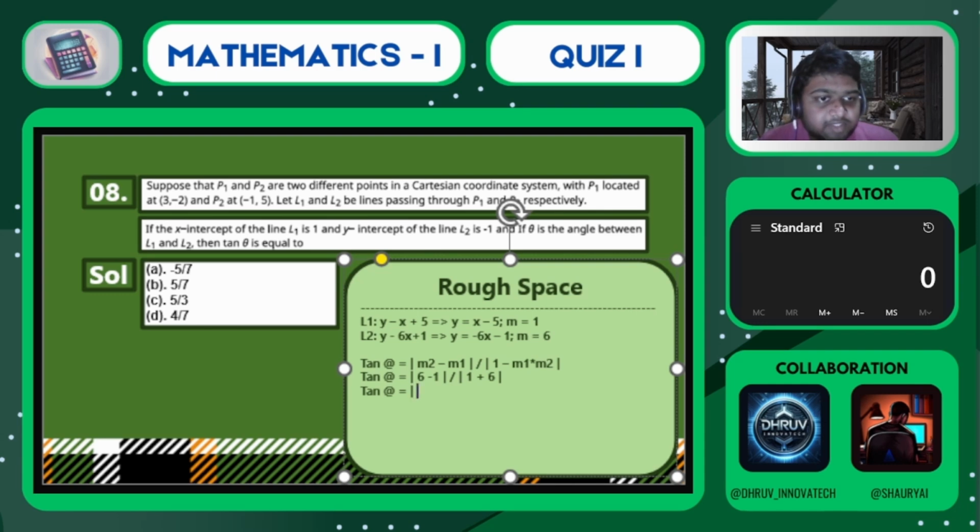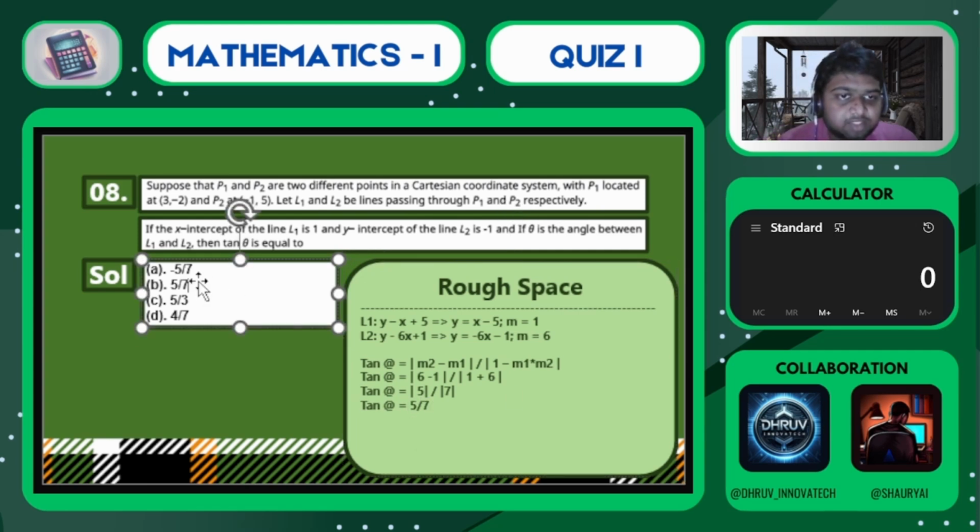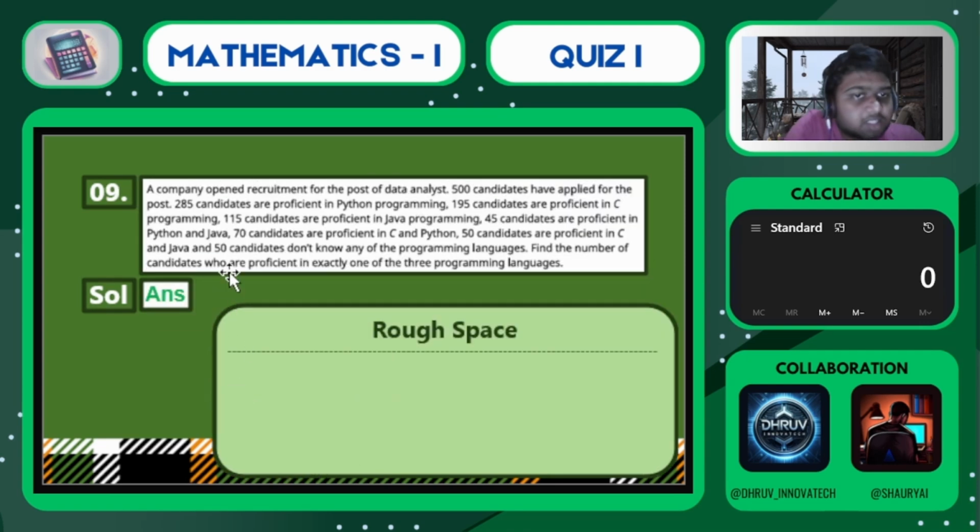So let's go forward here. It will become 5 by 7, which will give tan of theta is equal to 5 by 7 as your solution. So option B is correct. There was a slight error which I have fixed in our solution. Okay, so in this case,